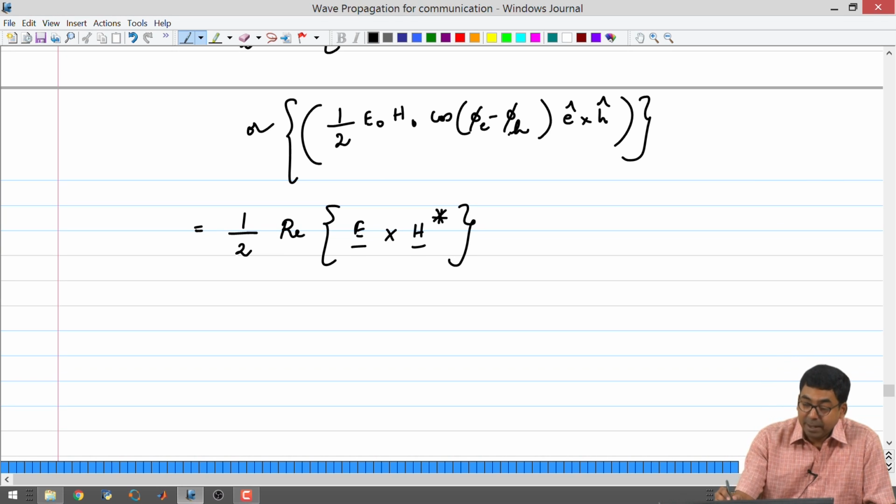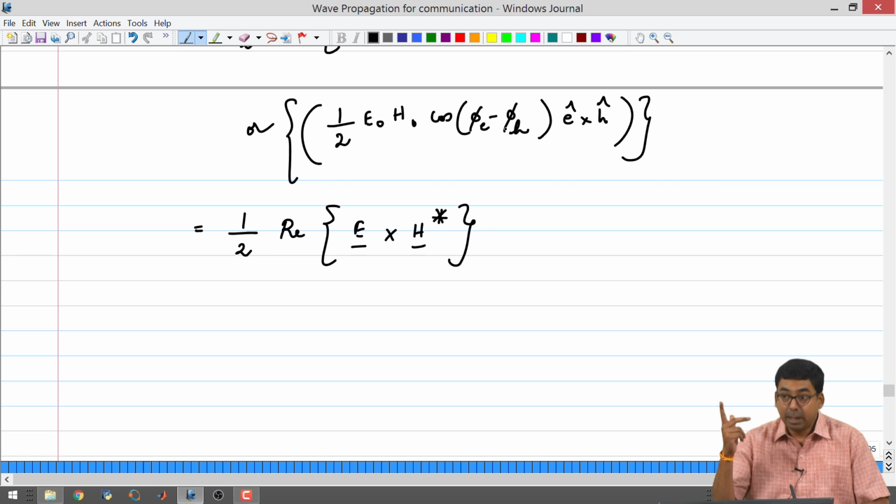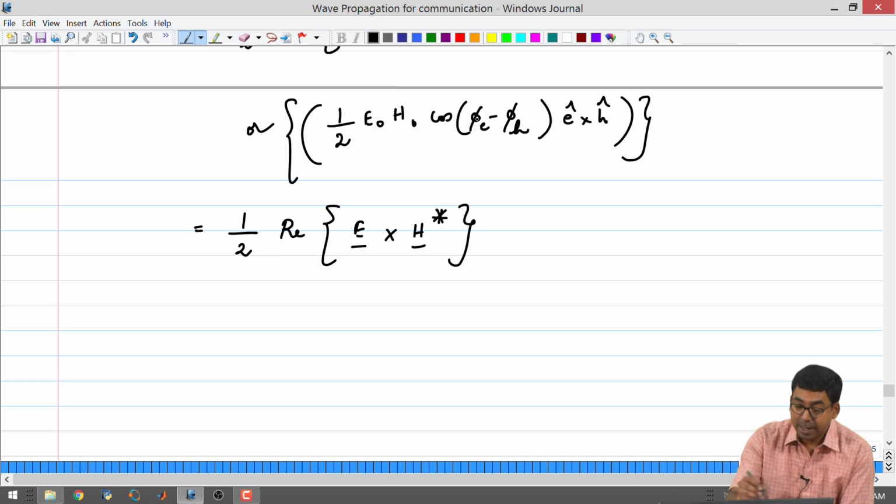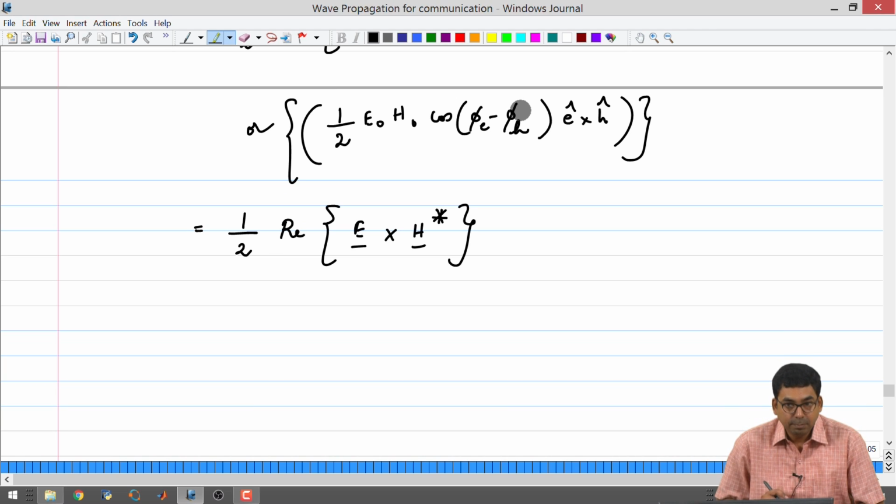When we look at phi e minus phi h, it tells you something about the phase. So, it means that you can have a perfect right handed configuration, electric and magnetic fields and your Poynting vector perfectly defined according to the directions of your fingers. But it is quite possible that the electric and the magnetic fields are 90 degrees out of phase. It is possible, it still forms a right handed configuration and it still seems to be a valid solution for your Poynting vector. If that happens, you do not get any power.